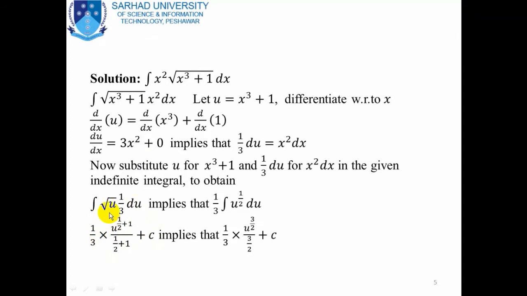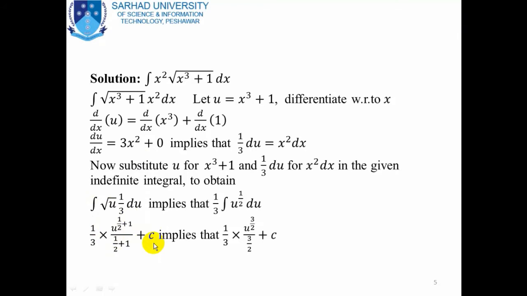Without putting in the limits, this term, like c, is a parameter or variable, a domain independent variable. But after putting in the limits, this will not be a variable; this will be a constant term. That's why we add a constant, because we can add a constant to a constant term. So plus c represents that this term is actually a constant, but after putting in the limits of integration, we will obtain a constant term. So this is actually indefinite integration.